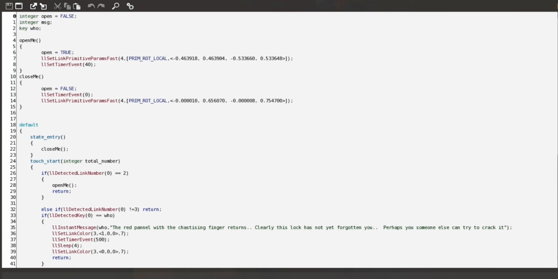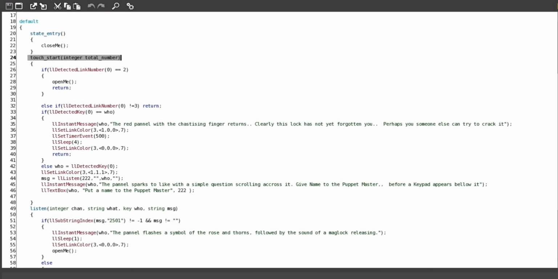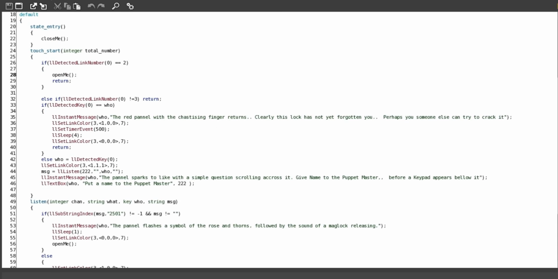So when you open this up, the first thing to happen is touch start. If detected link number, this decides where you are trying to interact with it from. If it's a specific one, it'll automatically open the door. This is a trick I have for not having to go through the same mess to get back out. If it's something else,